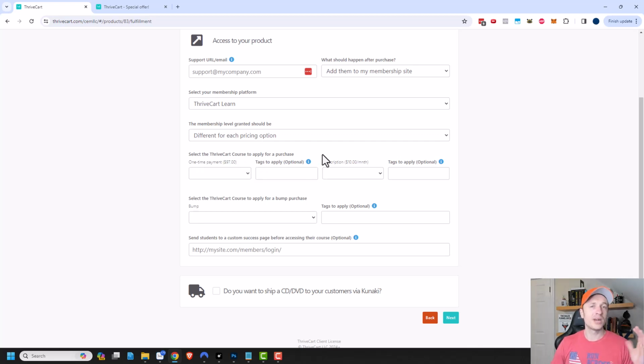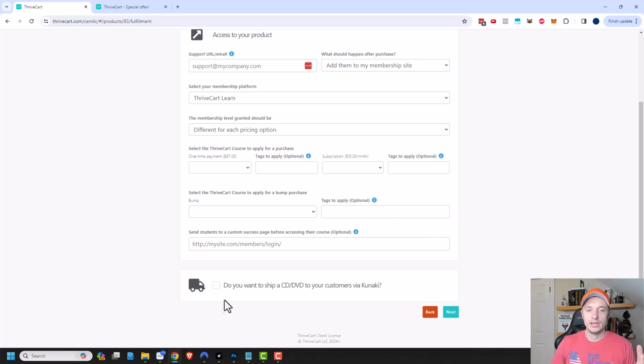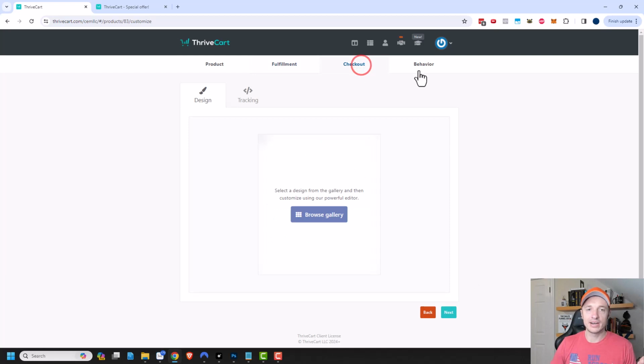So it's quite flexible and probably supports what you want to do. You could also ship a CD or DVD to your customer via Kunaki. Now, I don't know how many people are using CDs or DVDs nowadays, so I don't know how viable this option really is anymore, but it's here if you want it. Anyway, I'm going to go to the checkout area now, and we can design our checkout